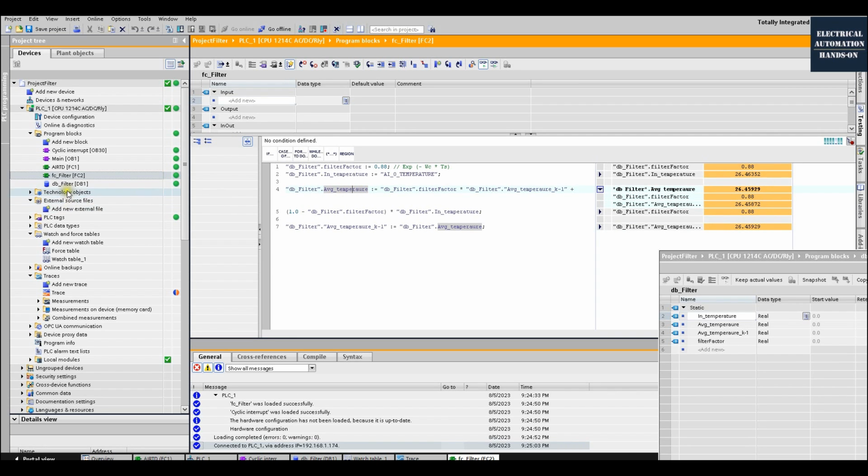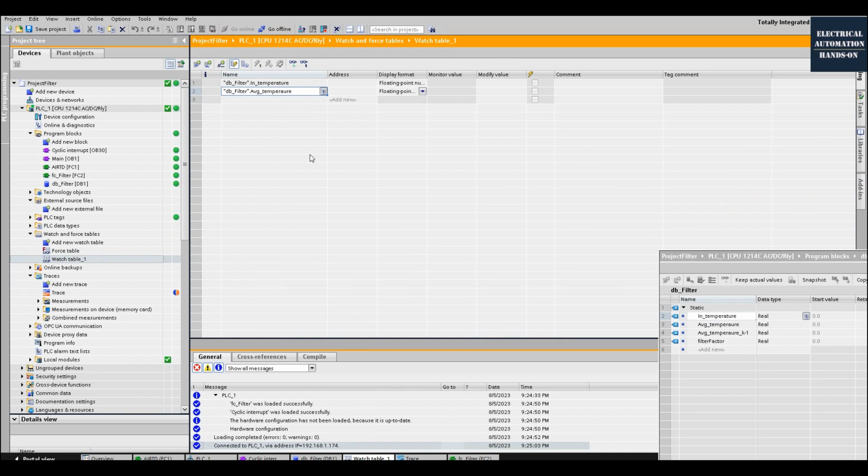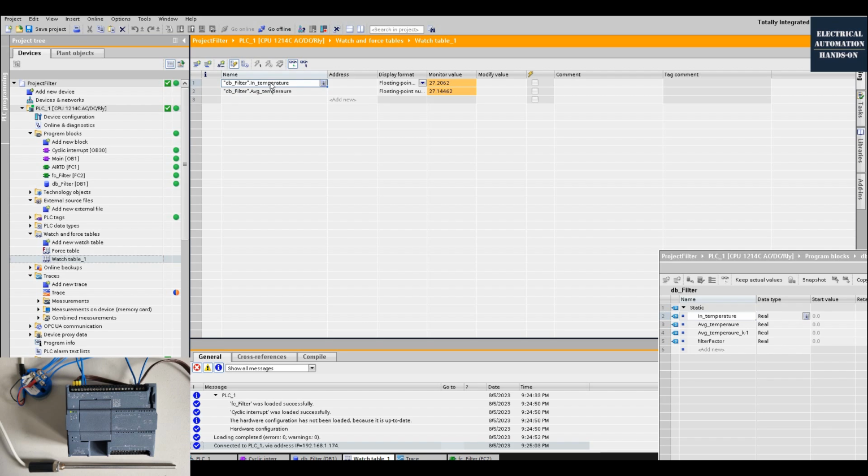This average signal is the average temperature value here. Okay, so if I go to the watch table before I turn on the trace, and if we go monitor, this one is the direct sensor signal, and this one is the average signal. So we will see this average signal change just a little bit, but this direct signal changed a lot. Okay, now if we go to the trace,